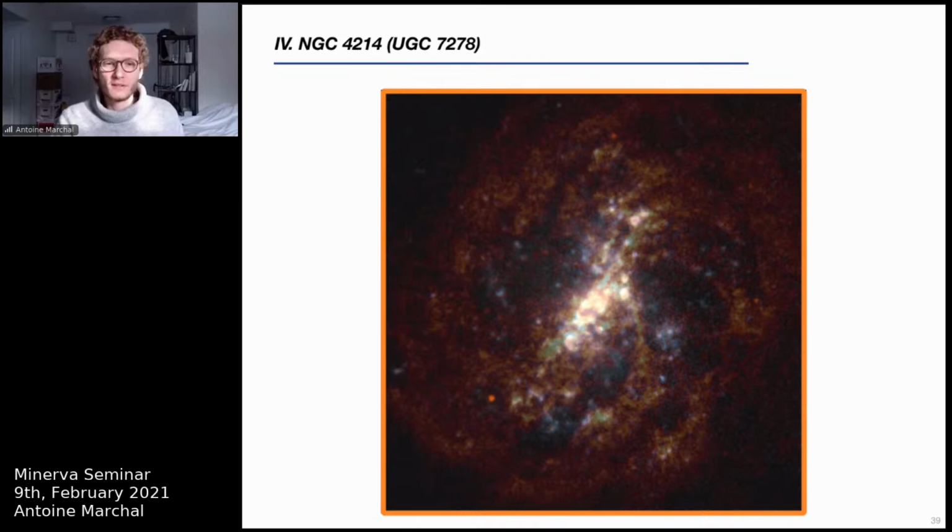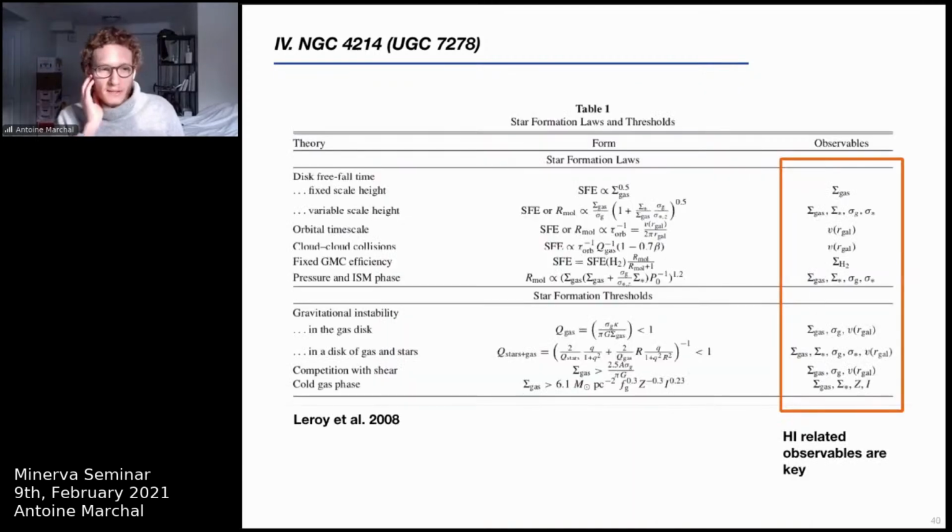I don't know. This is something I'm trying to figure out these days. But I guess my take-home message for you today is that this is just a screenshot of the star formation laws and threshold that I'm sure you're very familiar with from the Leroy et al. 2008 paper. It seems to me that it could be crucial to push forward the way we analyze HI PPV3